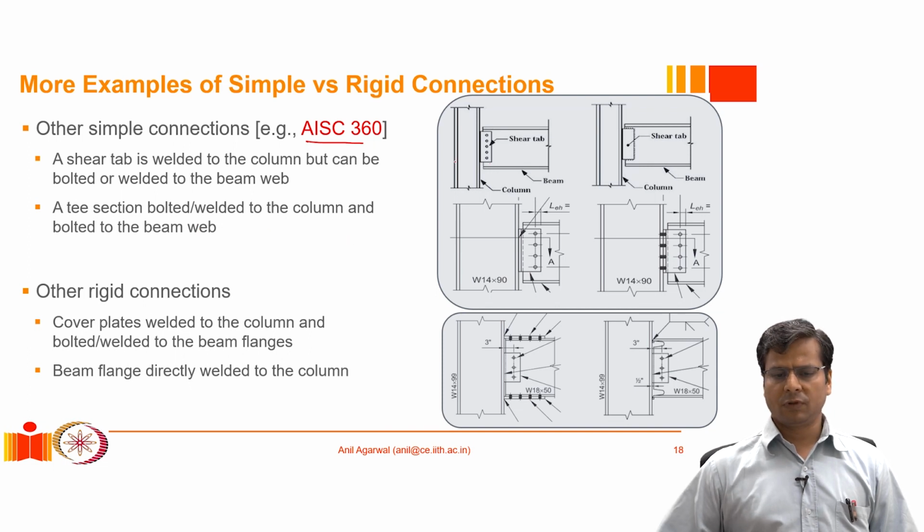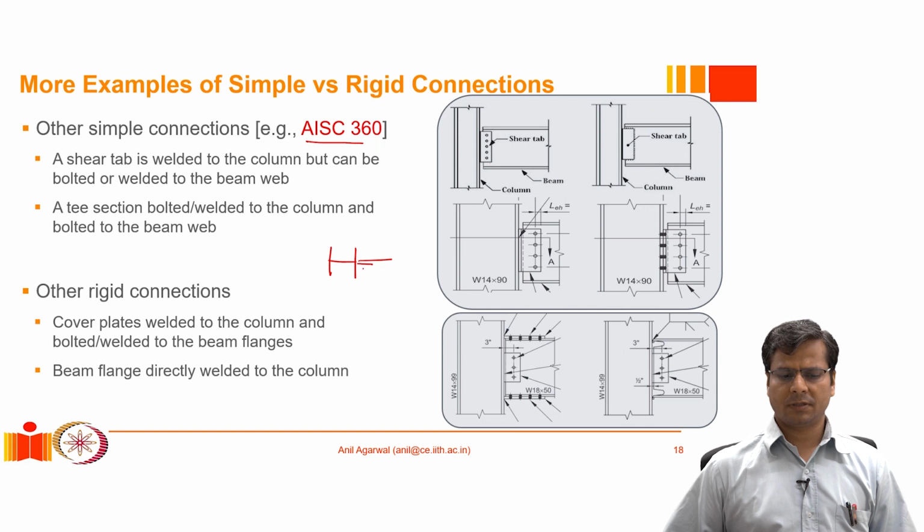An alternative to this could be, we have just seen the variation where we had put an angle. Then we saw another variation where we put a plate straight away. Also what we can do is we can put a T-joint or T-section and then the web of the column, web of the beam. So in this case, since this T is only tied or only connected to the web of the beam, and typically it is done through bolting, it is a flexible connection and the flange of the